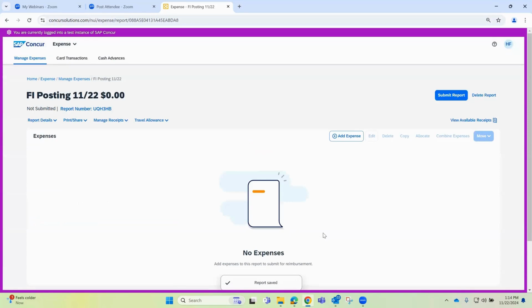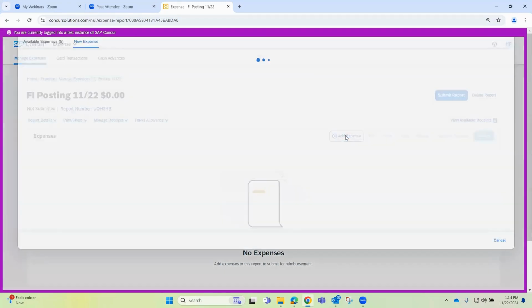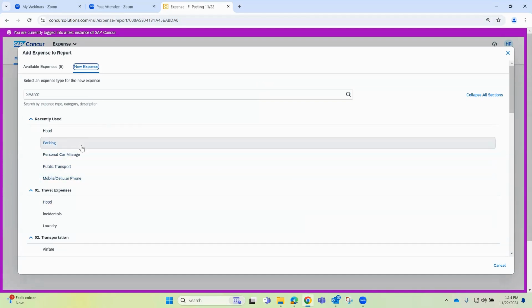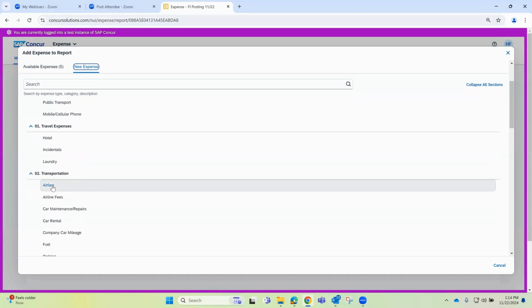And I'm only going to do 3 expense types just so we can show you the process. And I know a lot of Concur folks or employees out there who use Concur are probably very, very familiar with this process. So I want to add a new expense to my report, and I'm going to select airfare. These are the most recently used. So Concur is very smart, it's very intuitive. It kind of helps you. If I've used these expense types before in the past, it's just a time saver. But in this case, I'll select airfare,